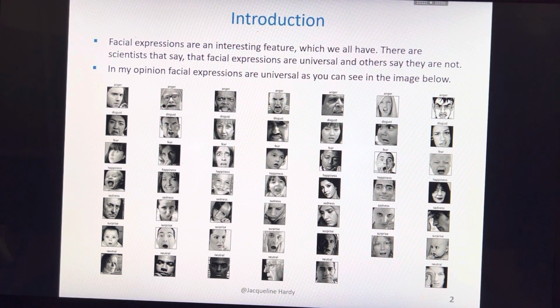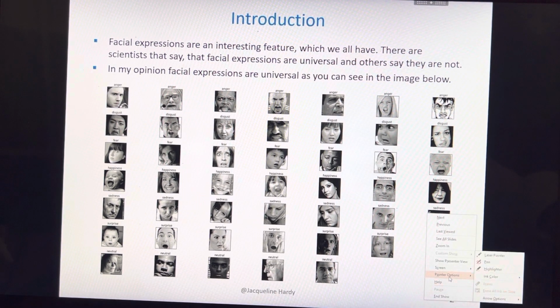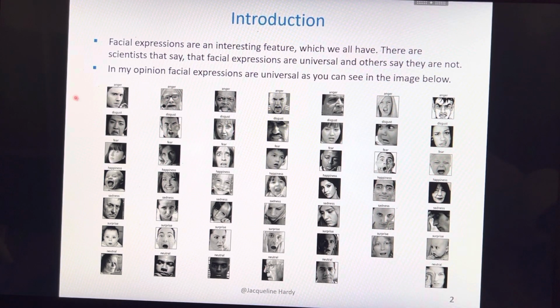Paul Ekman, a psychologist, said that there are 6 main facial expressions: anger, disgust, fear, happiness, sadness, and surprise. Later, he said there's a 7th, and that is neutral. So the data set that I am using has a total of 7 emotions, and let me turn on my pointer. Here you can see these are all images of anger, here disgust,